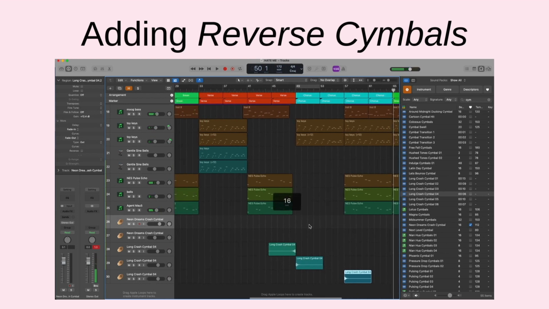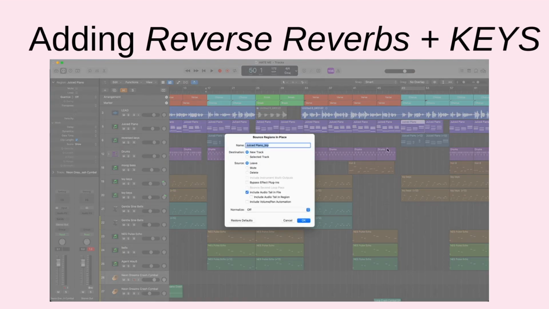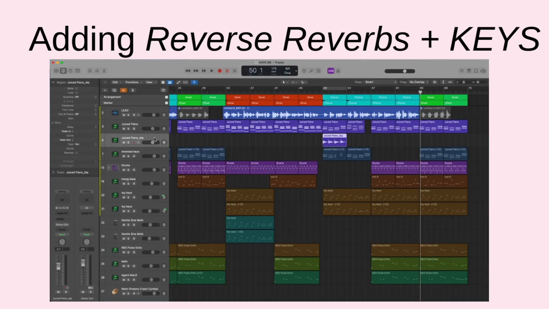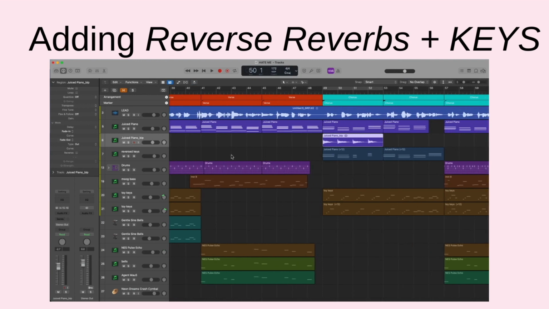And I just like to add a few of those or whatever makes sense for the track. Now let's talk about adding reverse reverbs and keys. So quickly I'm bouncing the keys into place, which you can see there. And now what I'm going to do is zoom in and make sure I chop them up on each individual chord. So I'm going to do that with my right mouse click because it's on my scissor tool. So I'm just chopping them up, and then I'm going to reverse them, going over to the region section, and